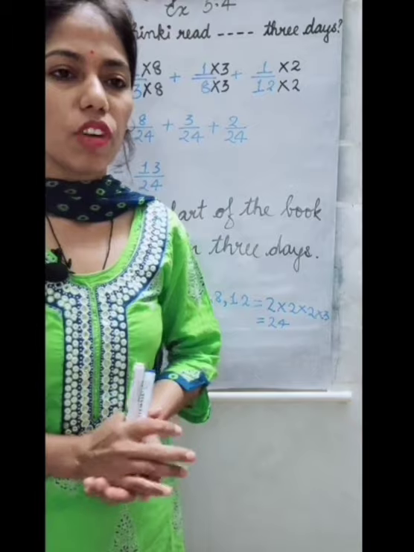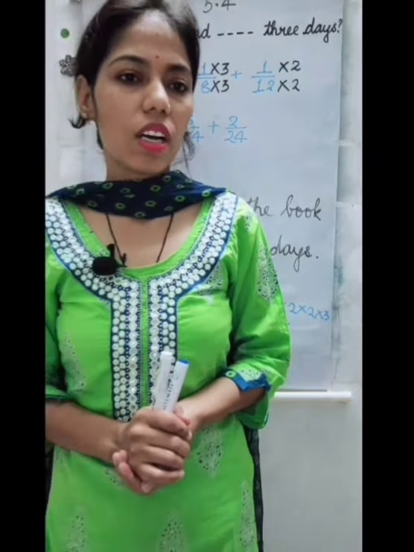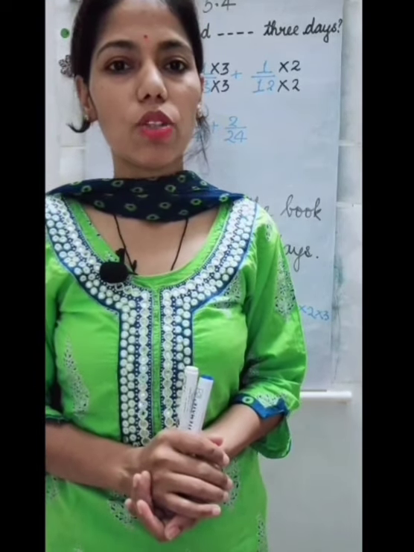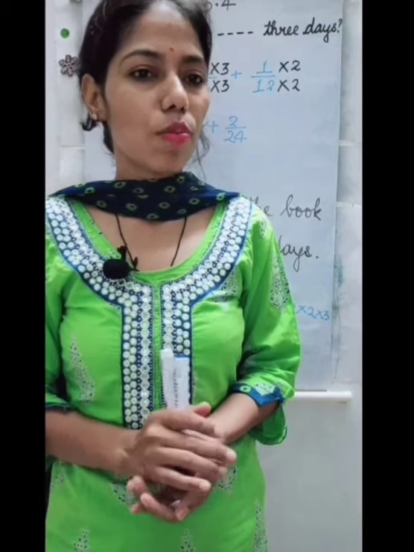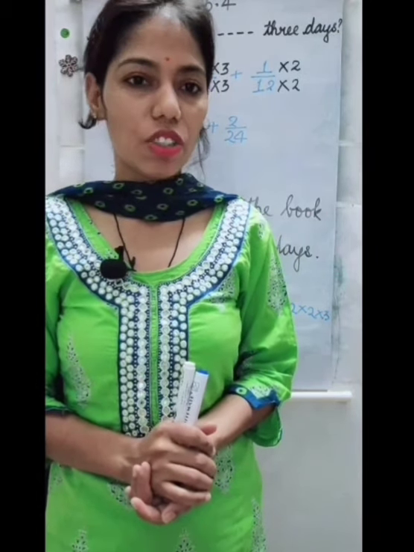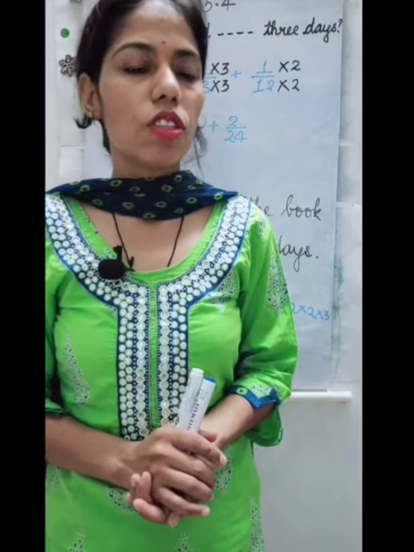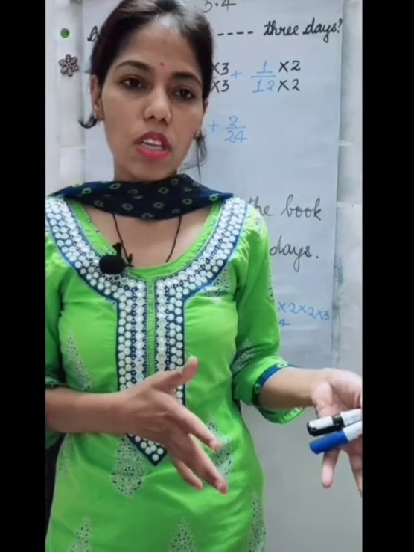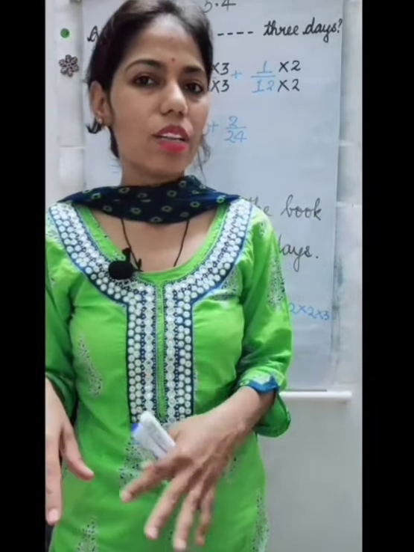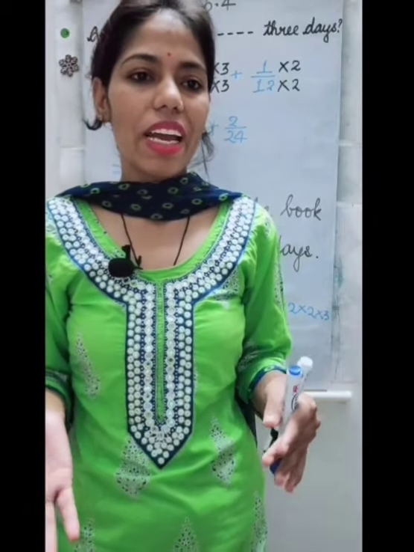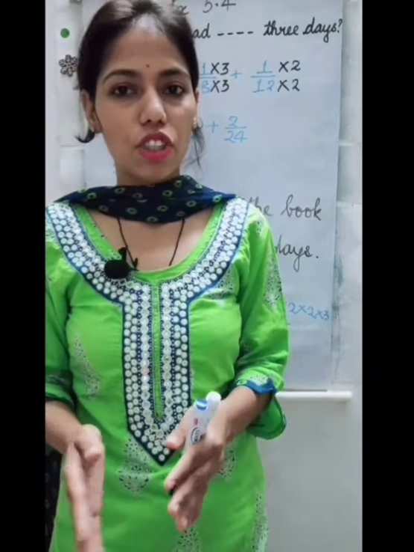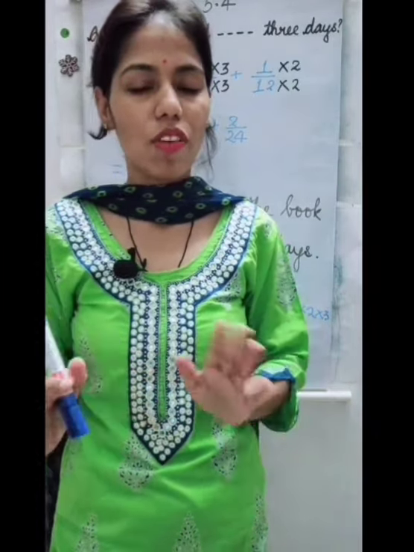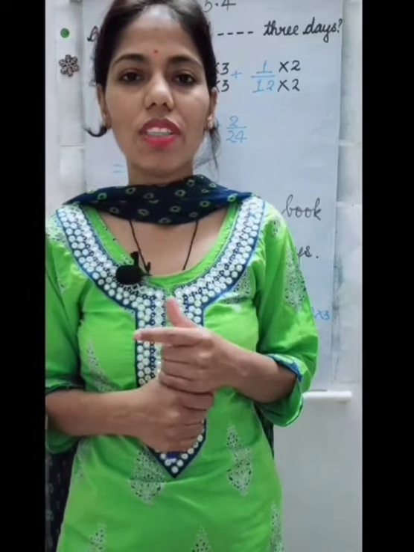Now let's move to question number 21. Question number 21 is: Priyanka bought some tomatoes. She spent 1/8 part of these tomatoes on making soup and used 1/6 part for making vegetables for the family. What part of the tomatoes did she use? Same we have to do. Out of the tomatoes she bought, she used 1/8 part in making soup and 1/6 part for making vegetables, and we have to find how much part she used for these two things. So we will add.